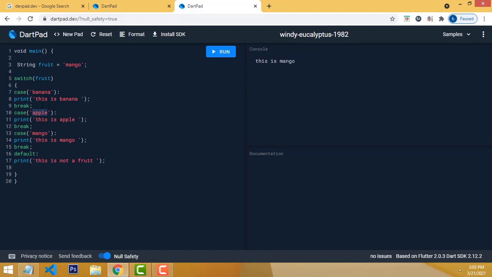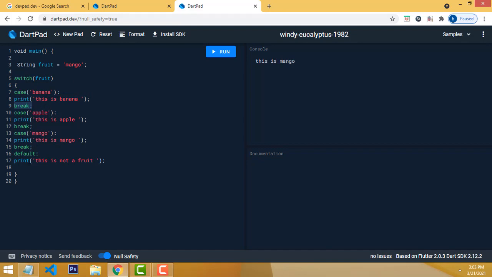Go to the third case, mango is matched. It exits with a break. It never goes and checks the other cases. If the first case is matched, it will break and get out. It never checks here.